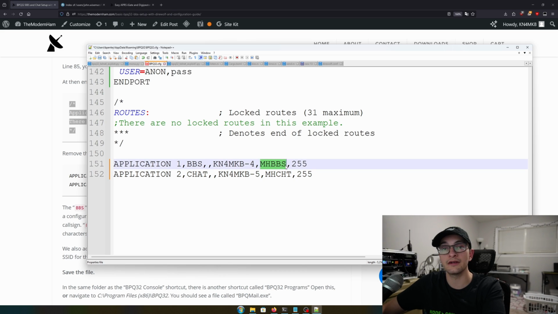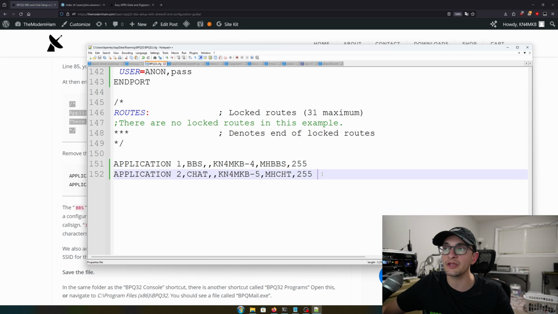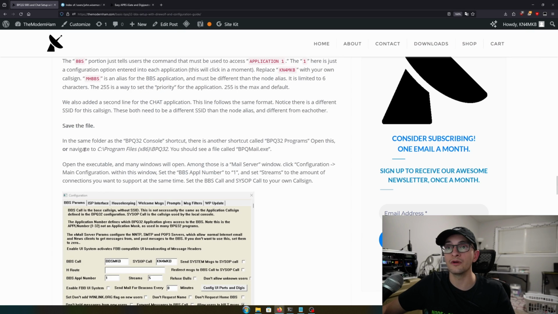The next line here, like before, is an alias. What I've done is said MODERNHAMBBS, or MODERNHAMCHT for chat. Most people will keep BBS and CHT at the end and then modify the beginning. Again, you could use your initials or whatever it may be. This 255 is the quality of connection in that application. That's an advanced thing we're not going to talk about, and you don't need to know anything about it at this point. But we're going to make sure you save this configuration. Once we save that file,